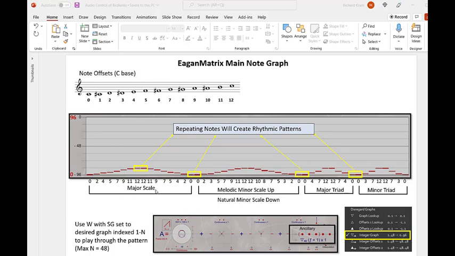So I can define a major scale, which are scale degrees 0, 2, 4, 5, 7, 9, 11, and backwards. I'll have a melodic minor scale going up, scale degrees 2, 3, 5, 7, 9, 11, and natural minor down, 10, 8, 7, 5, 3, 2. Then I'll have a short major triad, 4, 7, 12, 7, 4, and minor triad, 3, 7, 12, 7, 3,